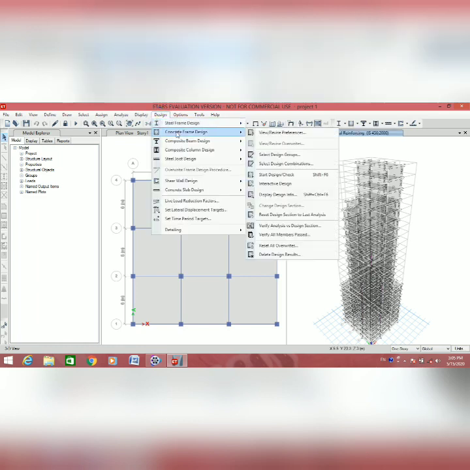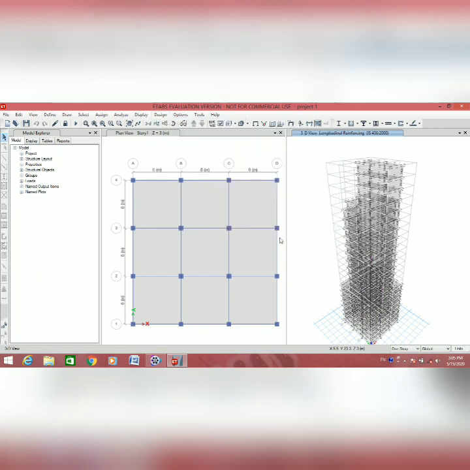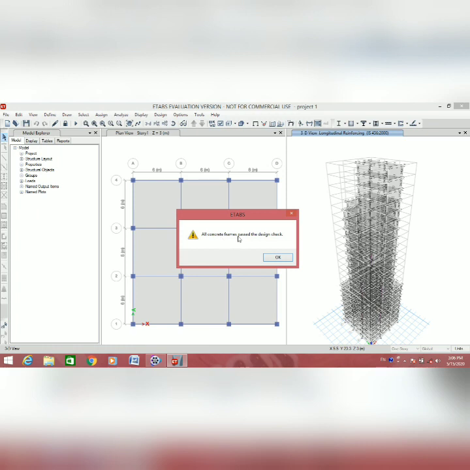The concrete frame sections are designed; verify all members passed. All concrete frames passed the design check, and then click OK.